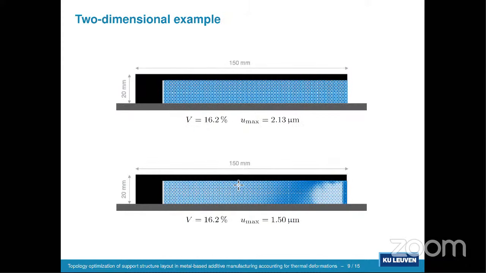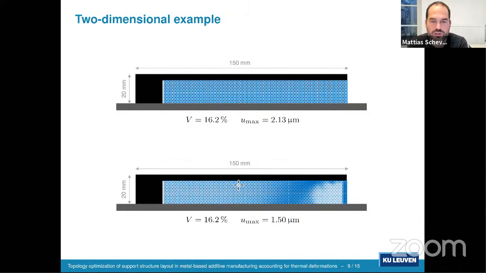Okay, so these are some results obtained for the same cantilever structure as before. Here at the bottom, we have the optimized result that we obtained, where we imposed a maximum allowable displacement of 1.5 micrometers, as that is the layer thickness for the printing process that we consider. And it led to a structure that you can see here. Here at the end of the cantilever, we observe some kind of a column or a strut that will prevent the tip of the cantilever from moving upwards, as I showed in the previous simulation. So the upward displacement will be restrained by this strut here.